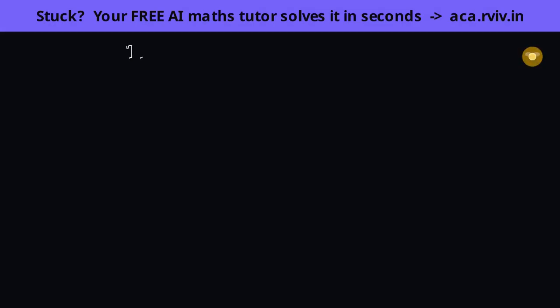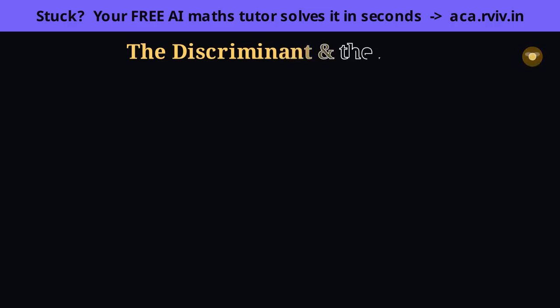This card is your shortcut. The discriminant, D, is b squared minus 4ac, and it's the exact quantity sitting under the square root in the formula, which is why it controls everything. Its sign alone reads the nature of the roots. Positive means a real square root with two branches, so two distinct real roots. 0 means the root is 0, so the branches merge into one repeated root. Negative means you'd be square rooting a negative, impossible in the reals, so no real roots.